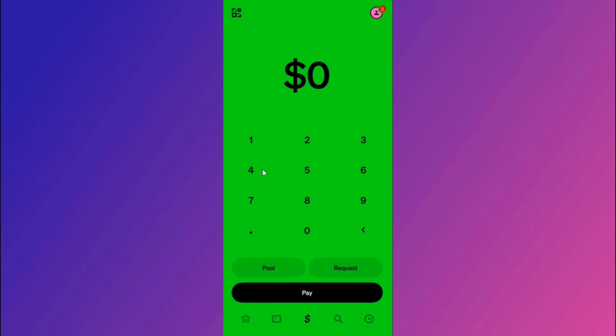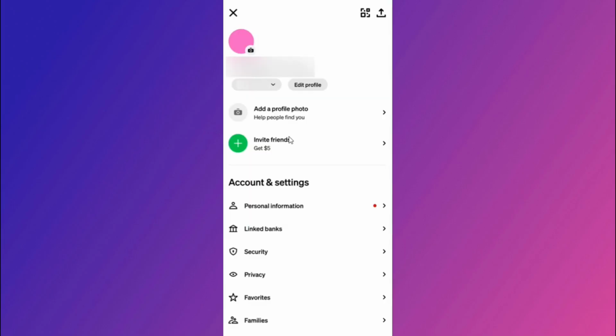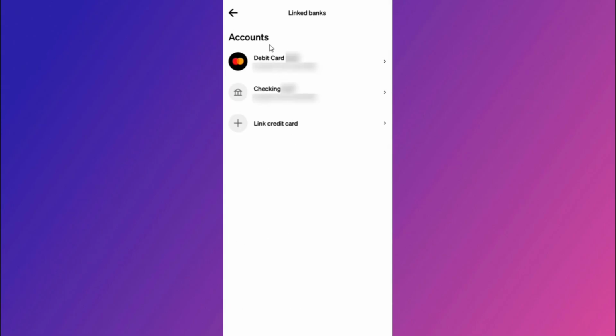So in order to fix it, first of all, you need to open your Cash App application on any of the old accounts of yours that still have the card connected. Now over here, tap on your profile icon on the top right hand corner of the screen. Over here, simply select the option of linked banks. Now when you are inside linked banks, you just have to select your debit card and then remove the card